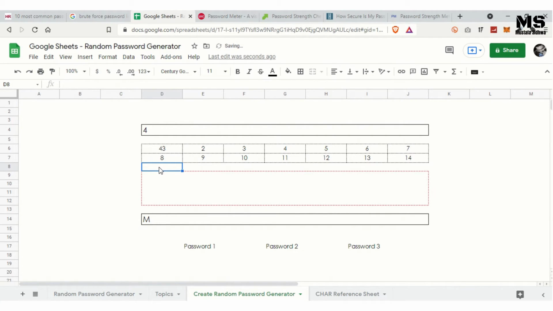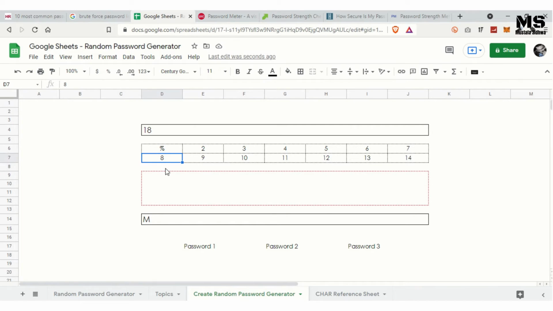But what we need is a character value of this Unicode number, that is 43. So for that, we will need to wrap it with the CHAR function. So let's again go back to the formula. Type CHAR, open parenthesis and close parenthesis, and we press enter. Once we do that, you see it now throws up the actual character value of that Unicode number, which is randomly being generated by the RANDBETWEEN function. So this is how we have generated the first character of our randomly generated 14-digit password.